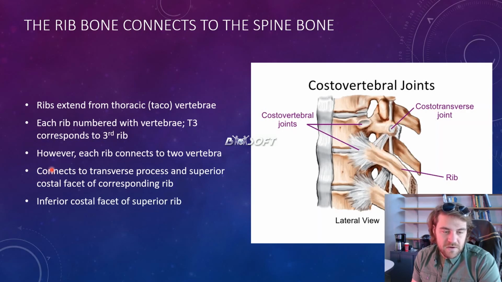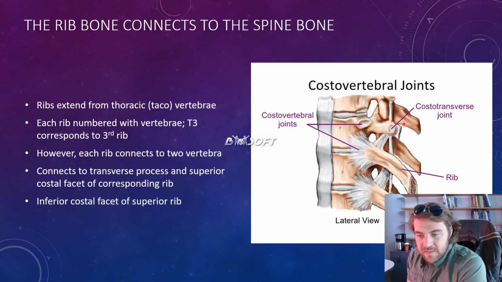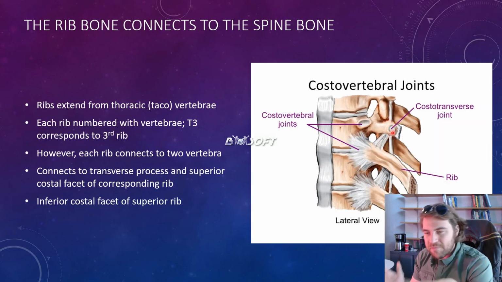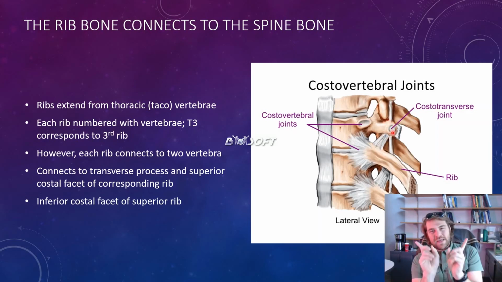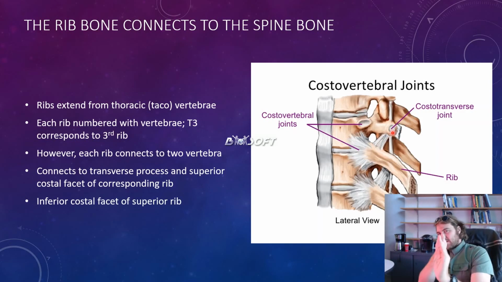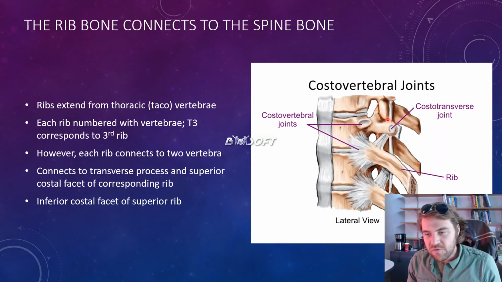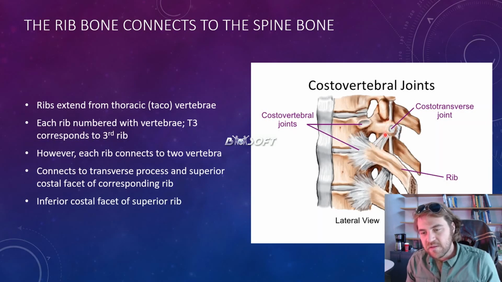You can see here that this is the transverse process here. Remember I said that was going to be important later. So this is the transverse process. It's from a slightly different view, so you can't tell that it pokes out to the side like that because we're looking at it dead on. But that's what it's doing. That's that transverse process. So the rib's going to connect to the transverse process of the thoracic vertebra that it